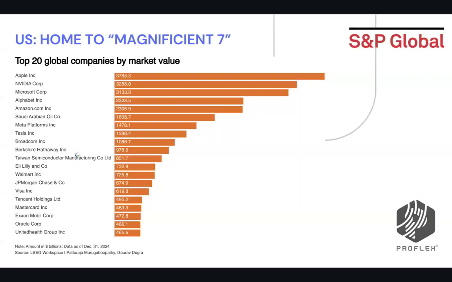So now coming back to the capital markets, which is where I think most of us spend time, and which is where most of the growth is. The other factor is the technology companies. I think this is a very well-known fact that the US is home to the so-called Magnificent Seven. Even among the top 20 global companies, as you go down the list, you will see Saudi Aramco, which is the oil company, TSMC, and then Tencent from China. So you see only three companies which are outside the US.